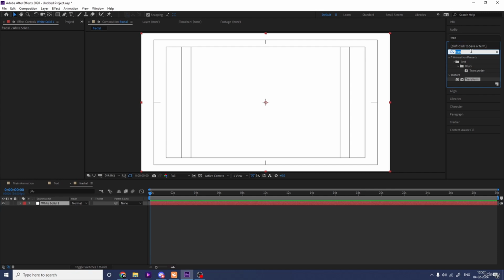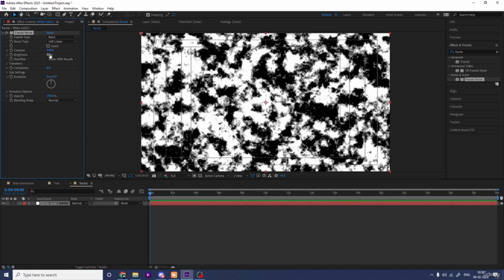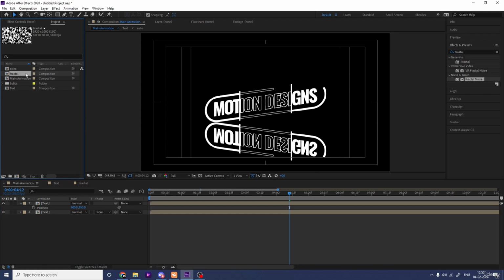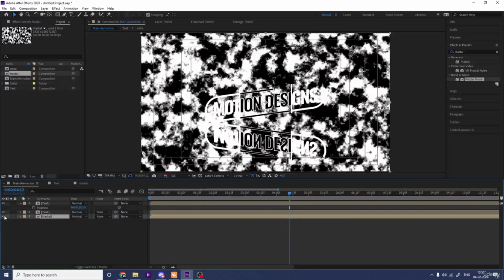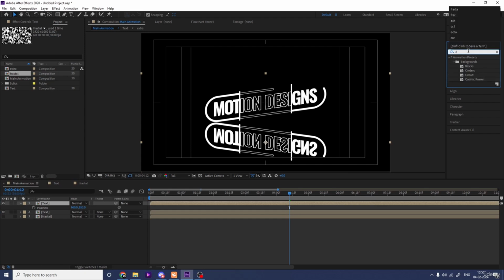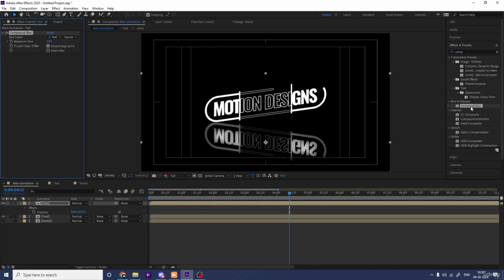Go to the effect and presets panel and search for fractal noise effect and double click to apply. Increase the contrast and decrease the brightness. Go to the main animation, hit Ctrl 0, bring this fractal over here, and let's hide this. Select this topmost layer, go to the effect and presets panel and search for compound blur effect on it. Double click to apply and choose this fractal layer, so you will get something like this, but it looks weird